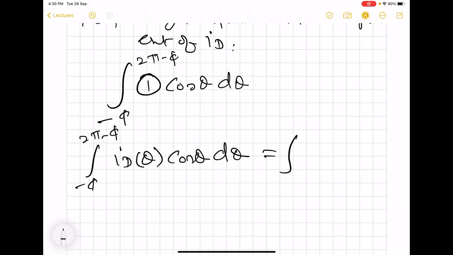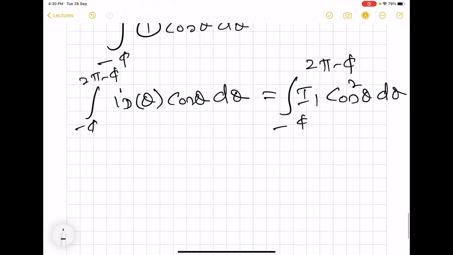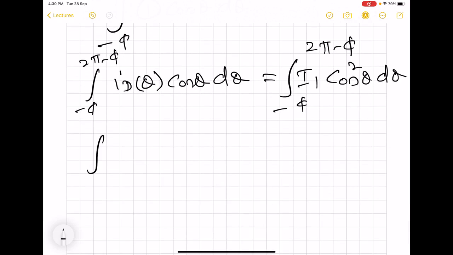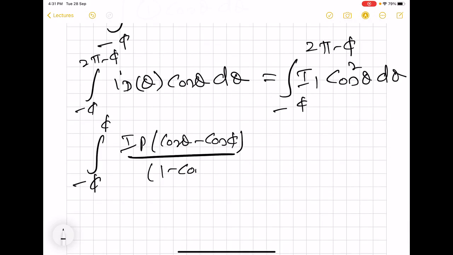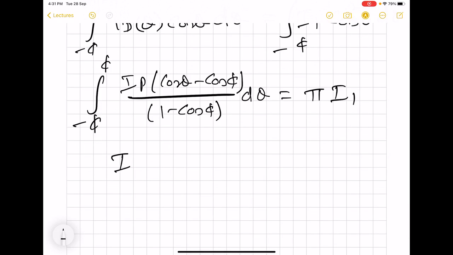On the right hand side, only the fundamental will survive. Rest all will become 0. And here also the integration range gets reduced from minus phi to phi. So if we solve this, we will get the fundamental as